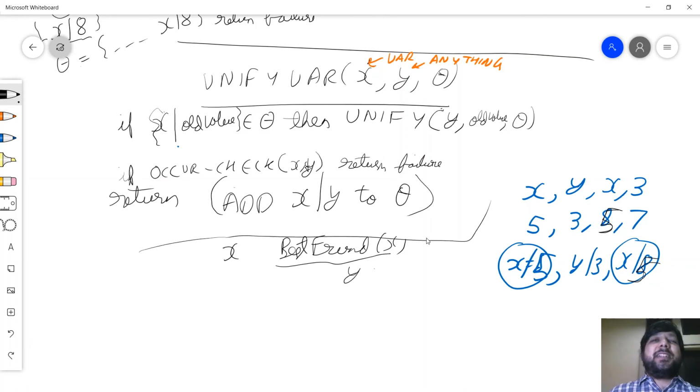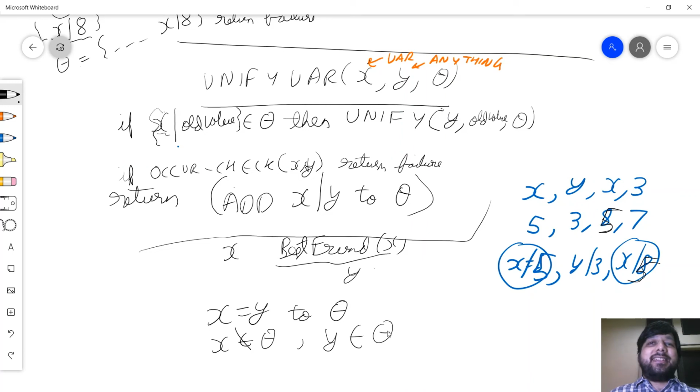Now there's another problem. So I'm trying to add x is equal to y in English language to my theta. I checked x does not occur in theta here. However, it may happen that y occurs in theta. Is that a problem? Maybe, maybe not. Let's mathematically look at it. I'll add x is equal to y and y is already in theta. That means there should be a y is equal to z in theta.